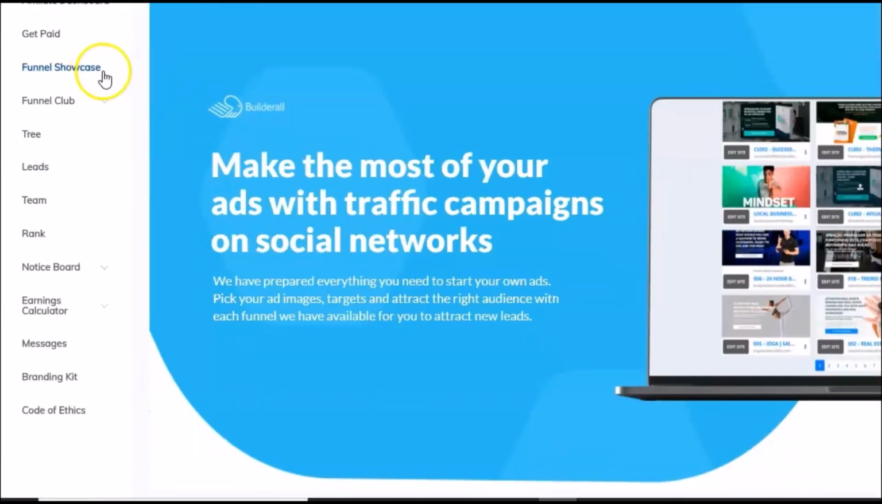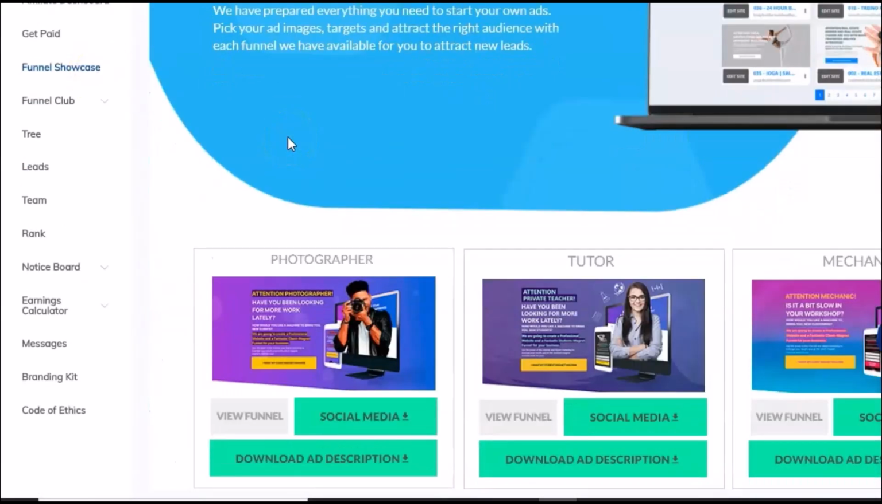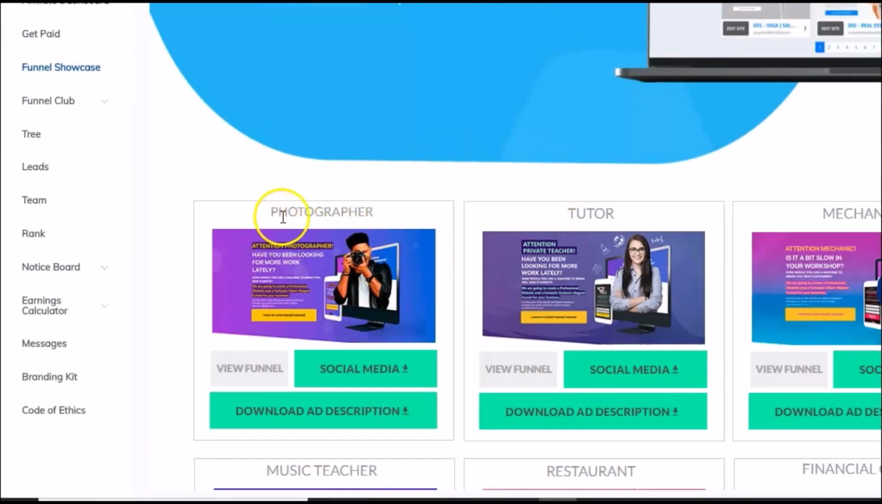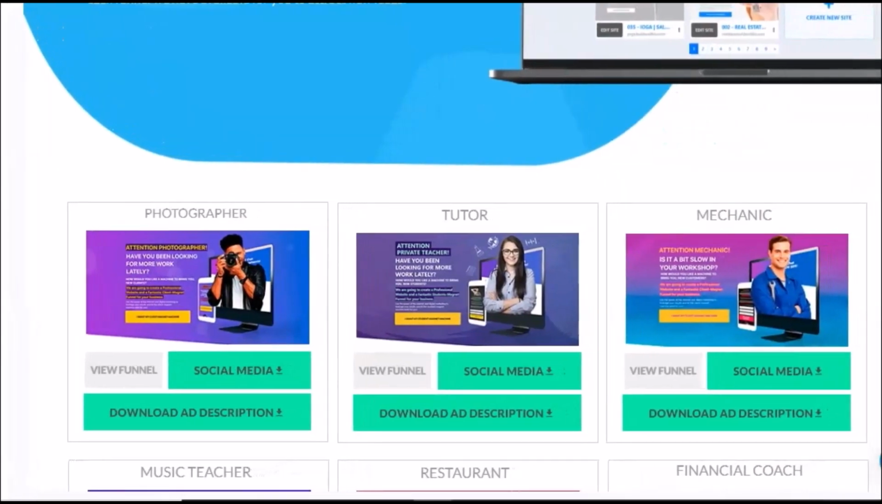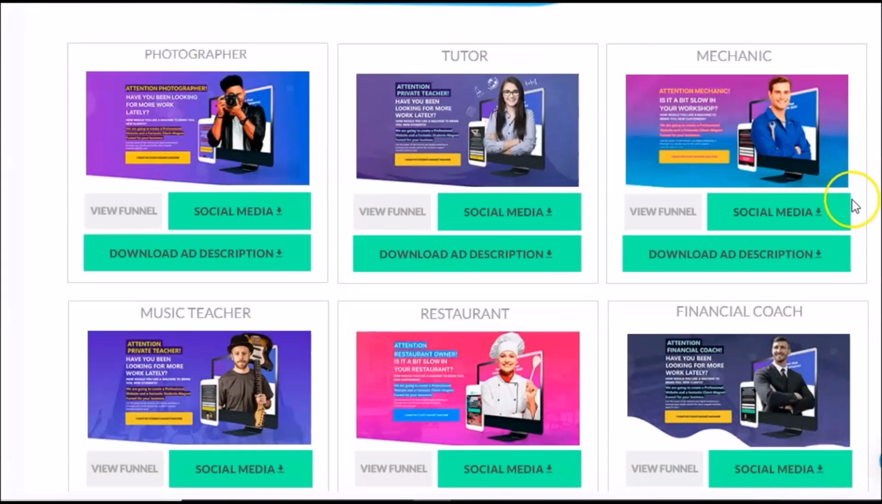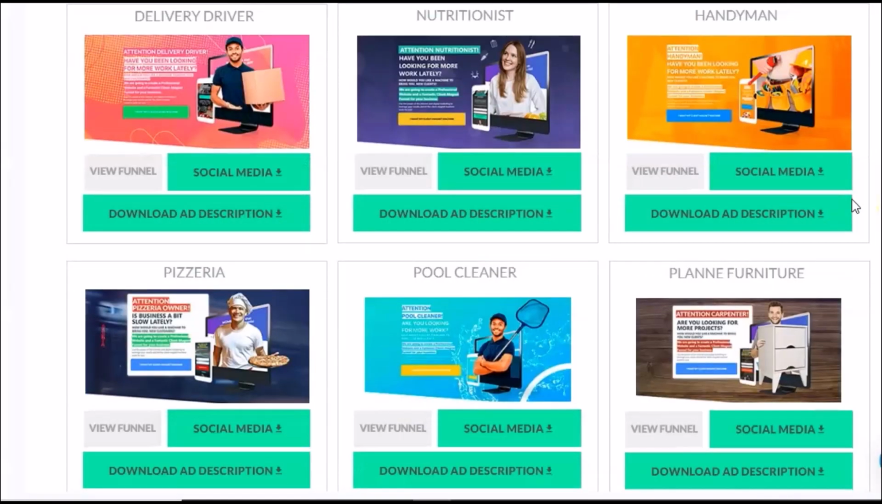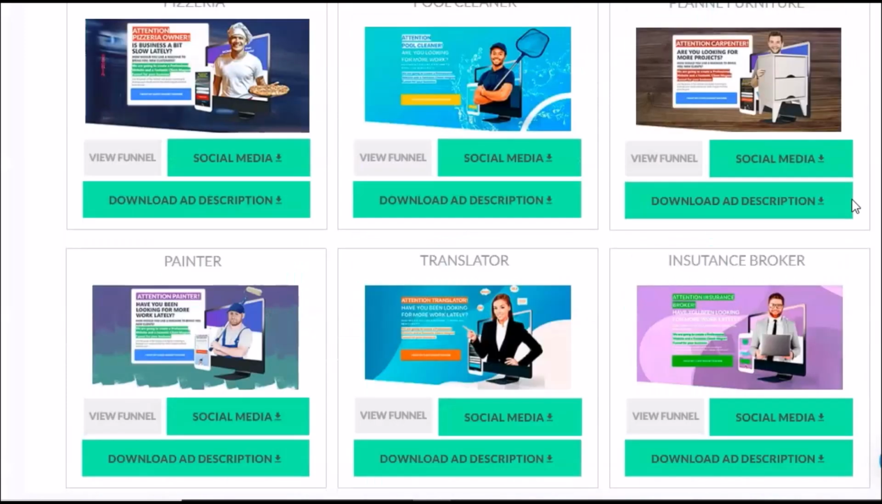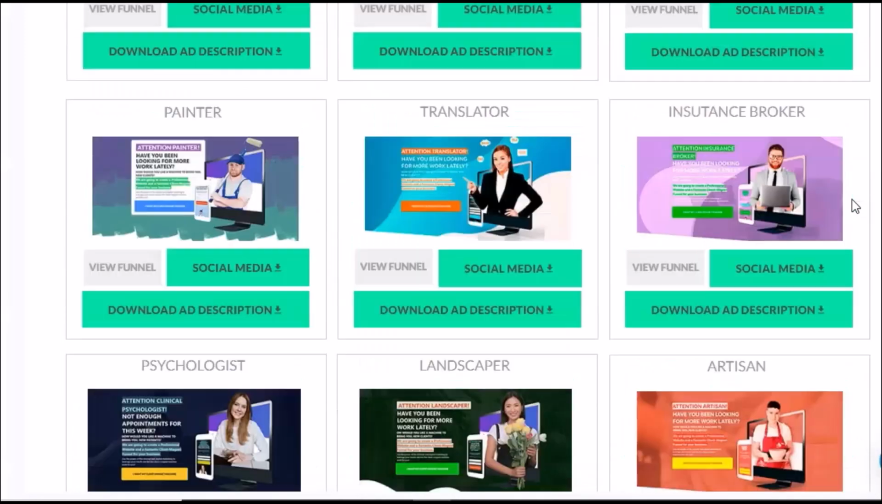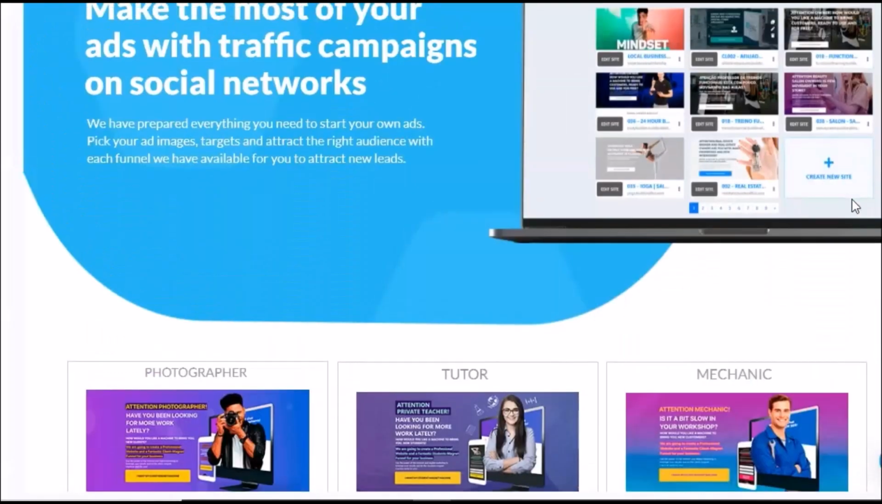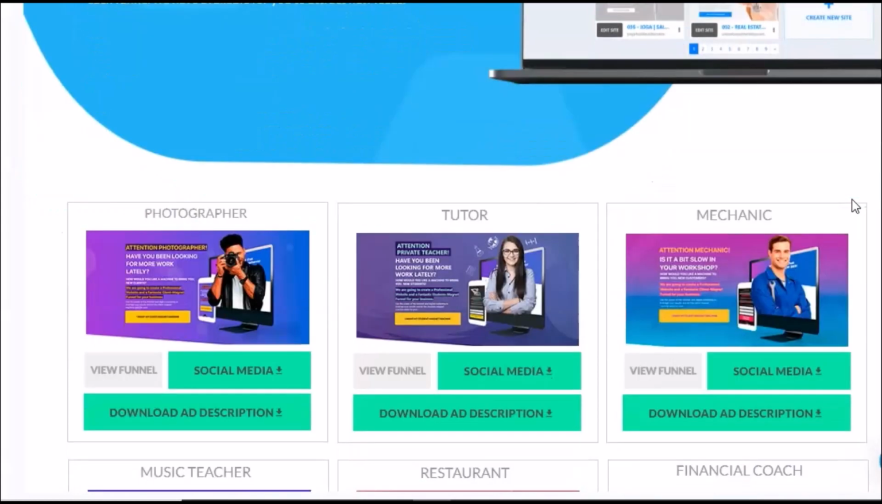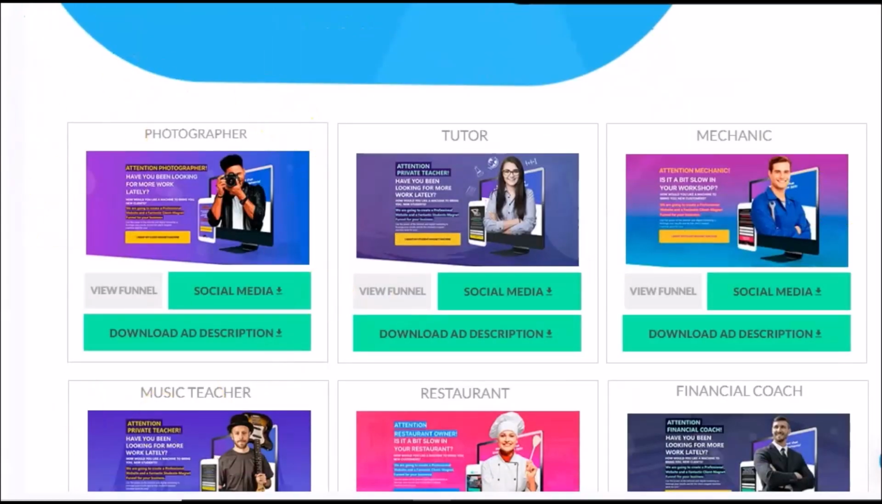This is a funnel showcase. This is where you have, as I was explaining, the niche funnels. So if you're a photographer or you want to promote to photographers, tutors, mechanics, music teacher, restaurants, financial coach, delivery driver, nutritionist, you name it. So just as how you go out there and promote other people's products, if you want to earn some money while using Builderall for your personal business, you can have all these done for you funnels available